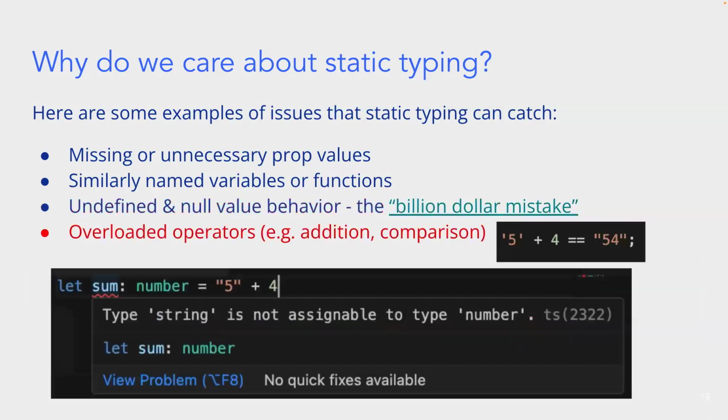And then the last error it's able to catch is overloaded operators. So you probably saw this in the JavaScript lecture, typecasting. So if, let's say, we add a string to a number, it converts that number to a string as well, and then it adds the two by concatenating them. But that's not what we expect, right? Especially if 5 was originally supposed to be a number. We're expecting a number in return. But thankfully, our compiler is able to catch this mistake before we hit production.